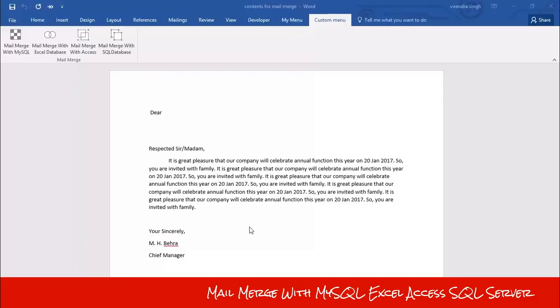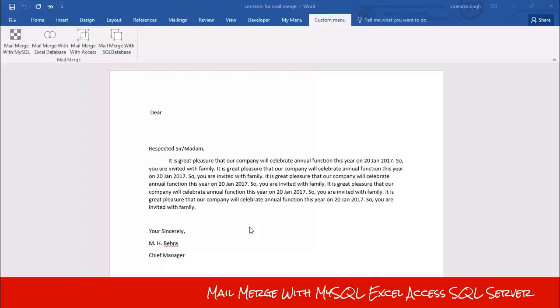First of all, you need to create the main document. It can be a letter or invitation card or any other document. Second, you need to create a database of your employees, friends or relatives. You can use any database program to create this database, like MySQL, MS Access, Excel or CSV files or SQL database.